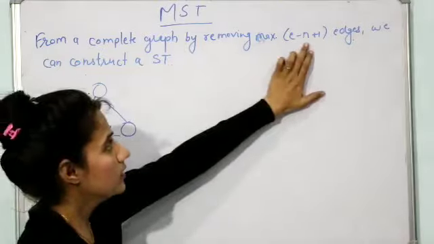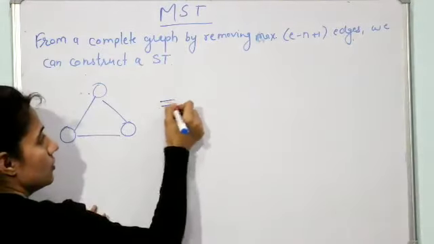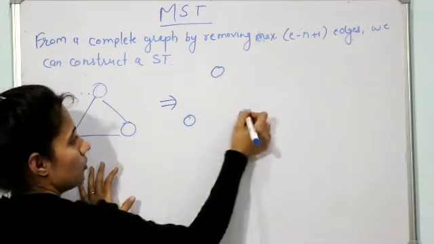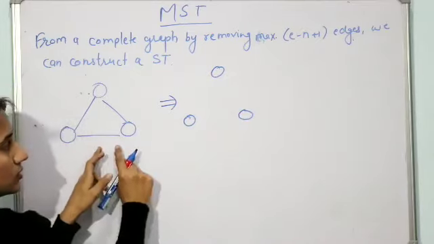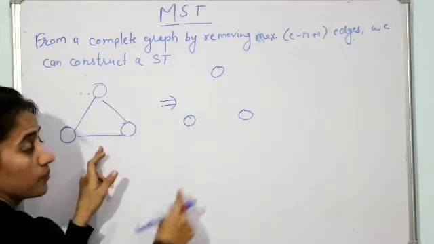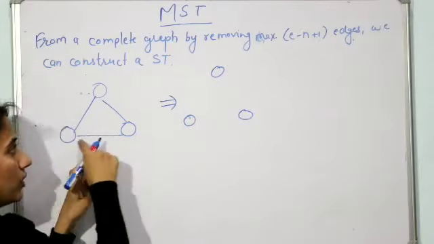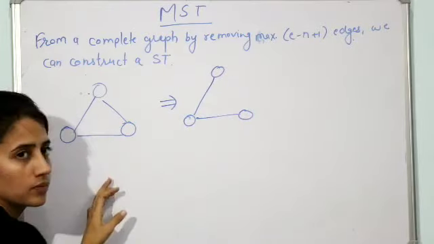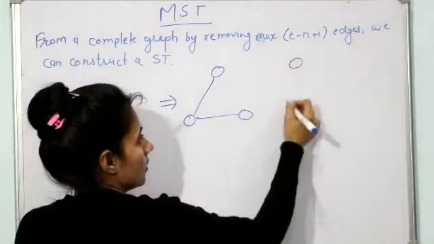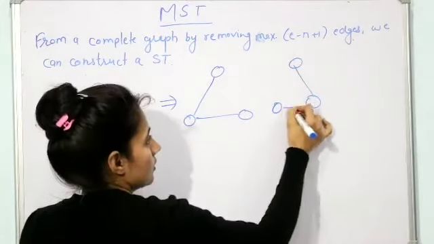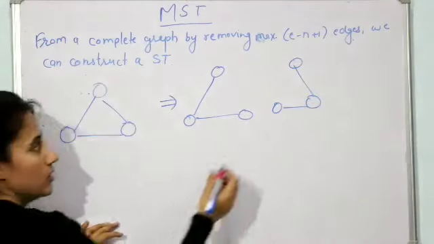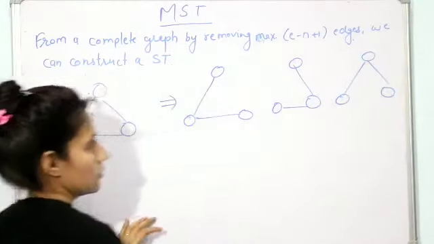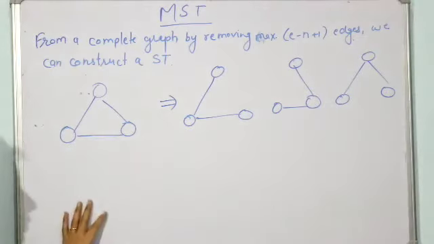So at most how many edges can you remove from it? First of all, what would be its spanning trees? What is the property of a spanning tree? It will have the same number of vertices as this graph, and the edges would be n minus 1. With n vertices 1, 2, 3, how many edges will there be? 2. This and this is one of the spanning trees. 1, 2, 3, this and this is also another spanning tree, and the third is this and this. This is also a spanning tree of this graph.